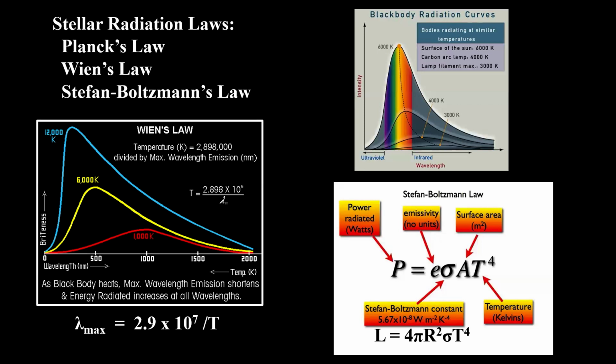Wien's law states the maximum radiation that comes from any star or black body has a peak with a specific temperature and corresponding wavelength. The mathematical relationship is used to determine the temperature and/or wavelength of stellar objects. The Stefan-Boltzmann law shows that the area beneath the curve is equal to the total power of the star and is related to the temperature and the area of the star.